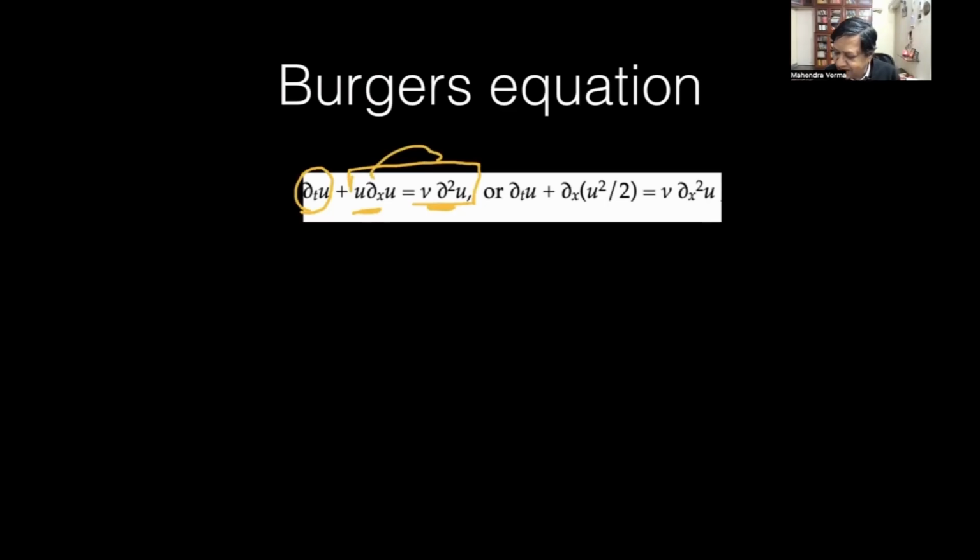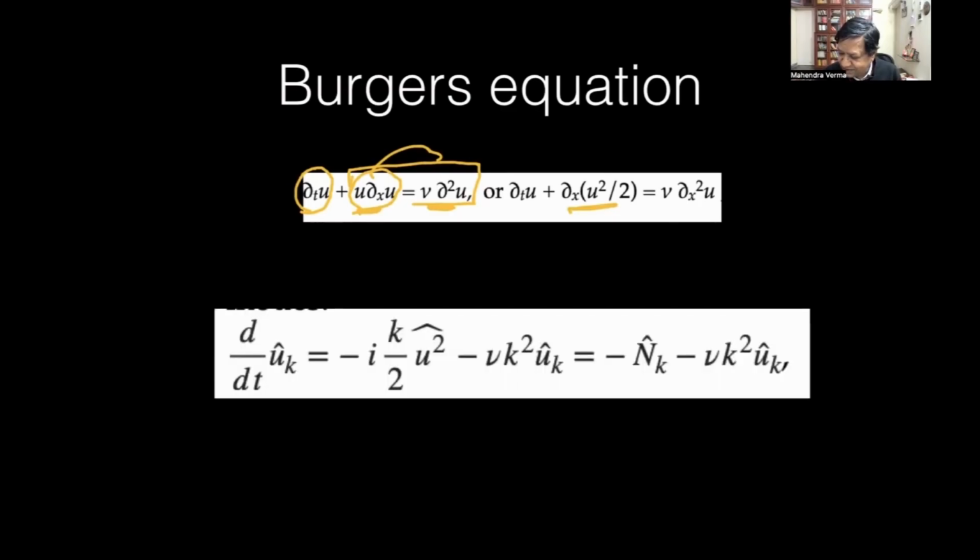Now we can rewrite the nonlinear term like this, so you can take it inside like that. If I convert it to Fourier space, I take this to the right hand side. So this term has become that. Now this term I write like this. So d by dx will give you minus ik.